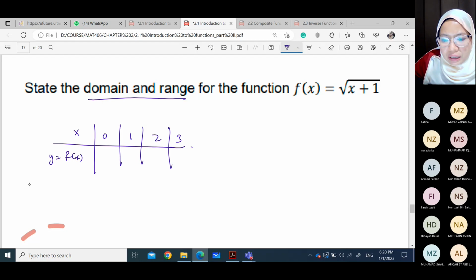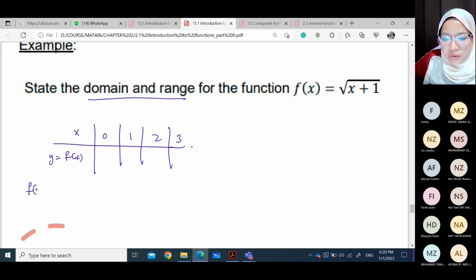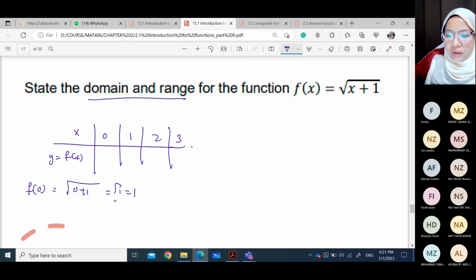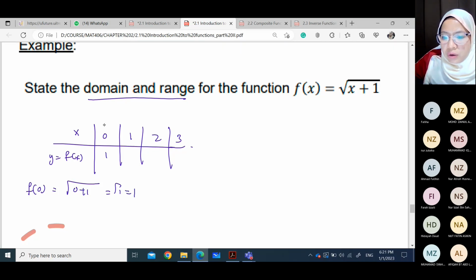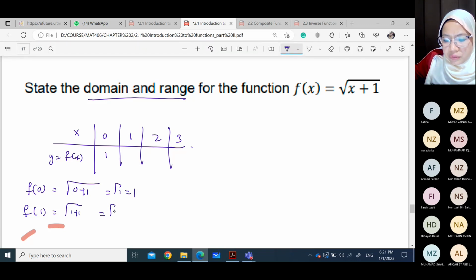Okay, so our Y ataupun our function when X equal to 0, so Y ataupun F of 0 is square root of 0 plus 1. So we have square root of 1 and it is equivalent with 1. So object 0 ataupun domain 0, Y is 1. And for object 1, so here we have square root of 1 plus 1. So here we have square root of 2,